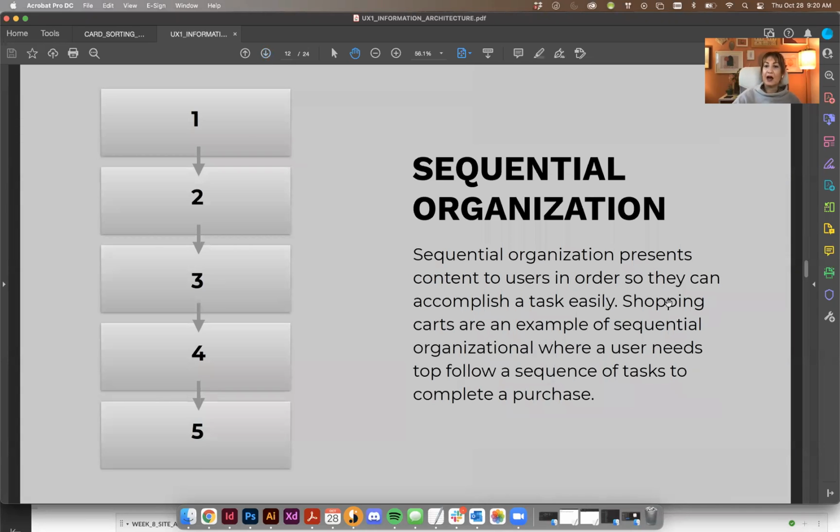Sequential organization presents content to users in order so they can accomplish a task easily. So shopping carts are an example of sequential organization where a user needs to follow